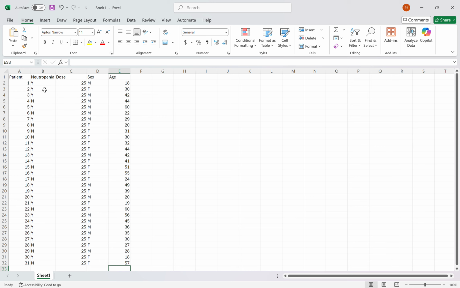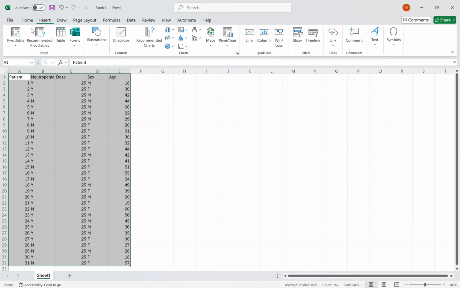Say I specifically want to look at just the prevalence, or the occurrence or risk, of neutropenia on this drug, and I have all this other data. I don't care about the impact of sex or age right now. I just want to look straight up at the risk of neutropenia. So instead of manually making a table and adding up sums, you could just highlight all of this, and then you go